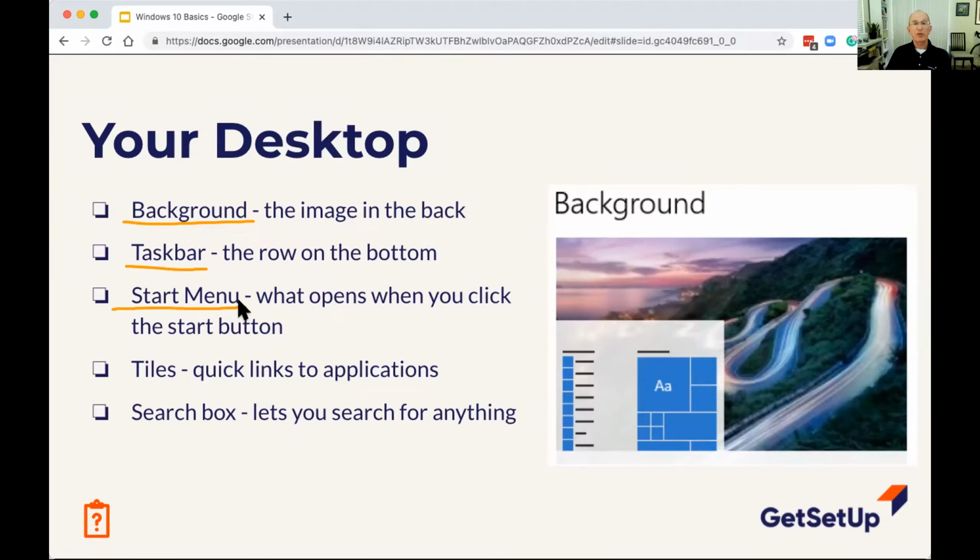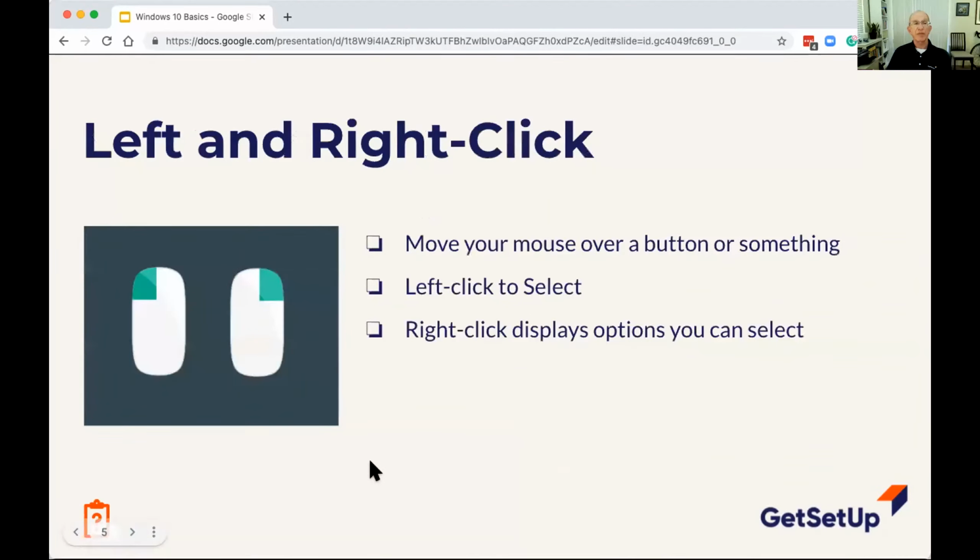There's a start menu. That's what happens when you click the start button. And there are things called tiles in Windows 10. And there's also a search box. So these are some things to help you move around your computer and make better use of it. And we're going to take a look at these on my Windows 10 desktop.